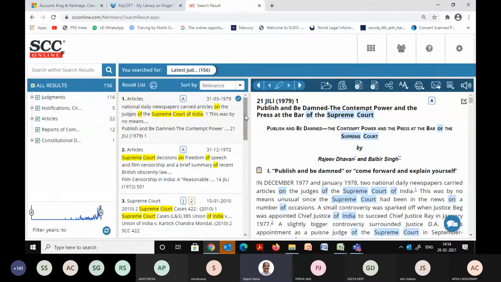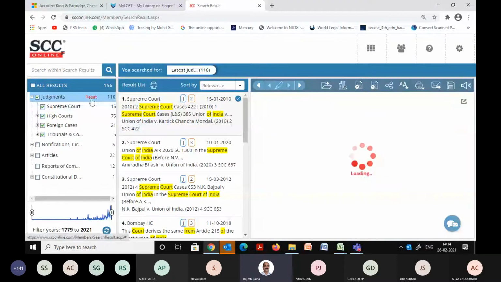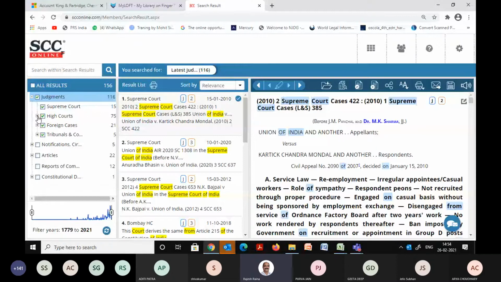So what I need to do is, in the first column, click on this judgments, only word appears in red. You click on that and the rest of the databases get deselected and you now have only the judgments area. So if I specifically go for Supreme Court, let me click on this Supreme Court only. Now I'm able to view only the Supreme Court judgments.